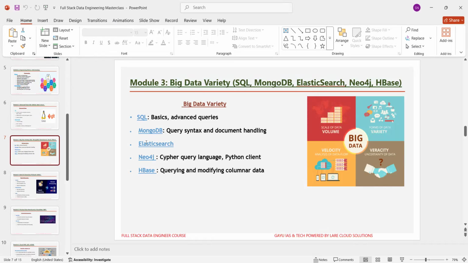After completing Elasticsearch, we'll be learning about Neo4j, which is a graph database for relationships. Here you learn about the Cypher query language, nodes, relationships, properties, graph traversal, and visualization. After learning this, you'll go through HBase, which is a high-volume columnar store. Here, the column families, row key design, data insertions and lookups, and real-time read and write architecture. You'll practice storing and querying ad impression logs with millions of rows per hour.